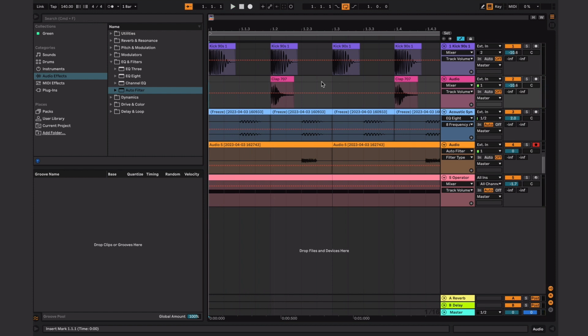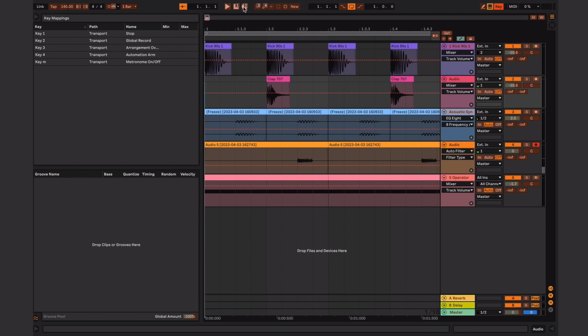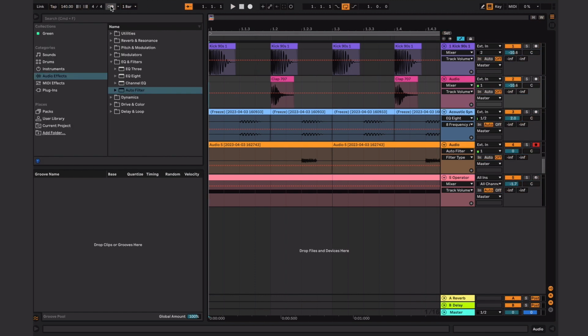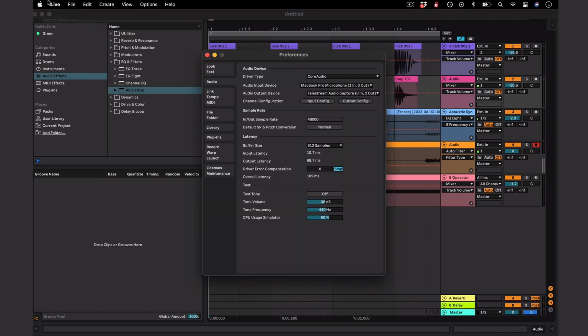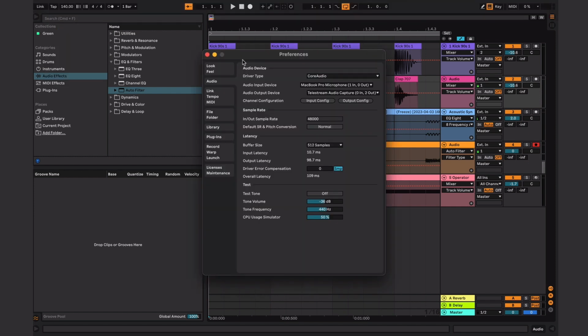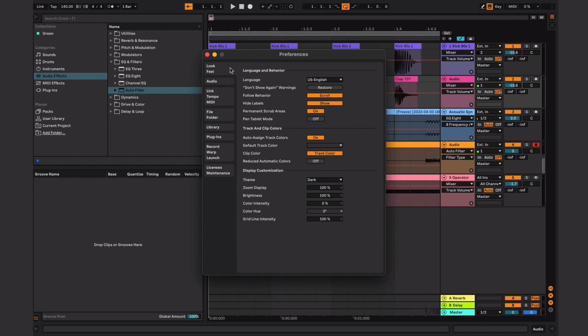Now I also made this record button 2, this +3, and this 4, and the metronome M. We can talk about those things later. But now if you want this to always be the case whenever you log into Ableton, because that's the thing, you have these hotkeys now, but then the next time you have a project, you'll have to make them again. What you can do is press Command or Control comma, or go up here, Live Preferences. And let's see, you go to,